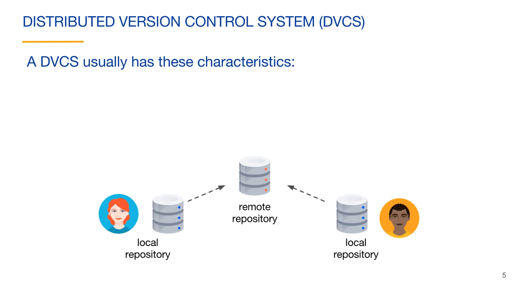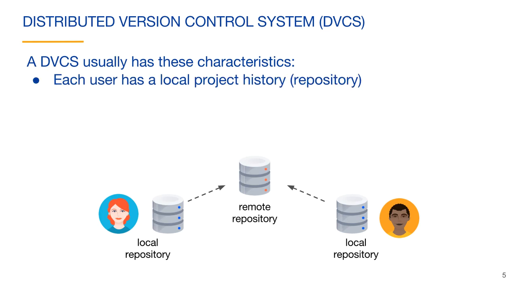A distributed version control system is a type of version control system. It usually has these characteristics. Each user has a local copy of the complete history of the project, which is known as a repository. Here we see that there are two users on the team, and each has a copy of a remote repository